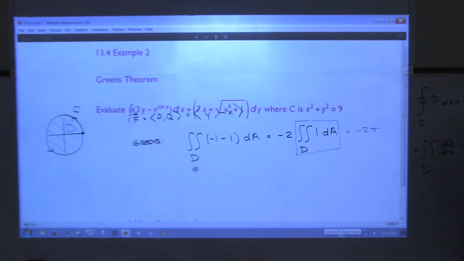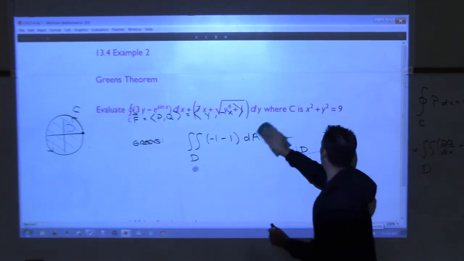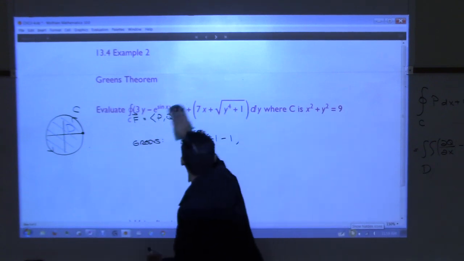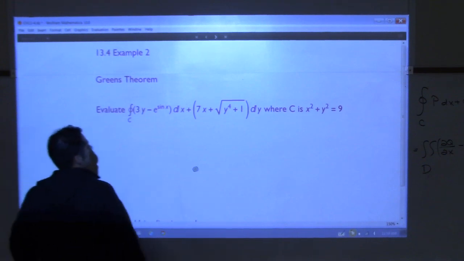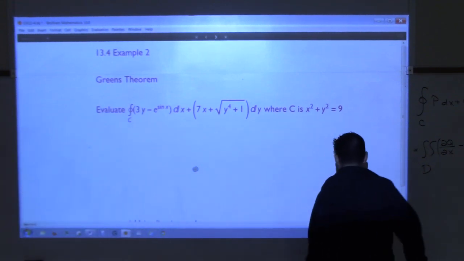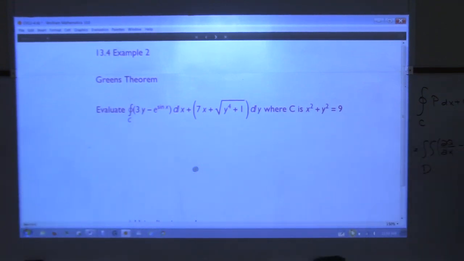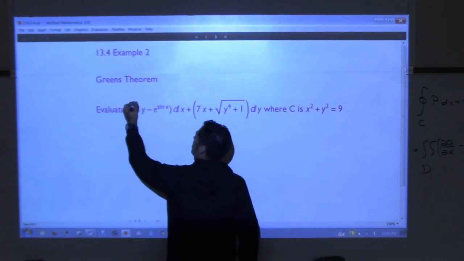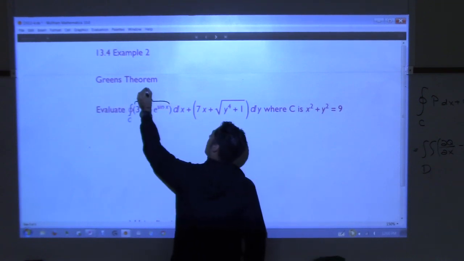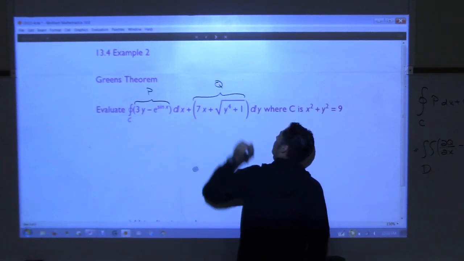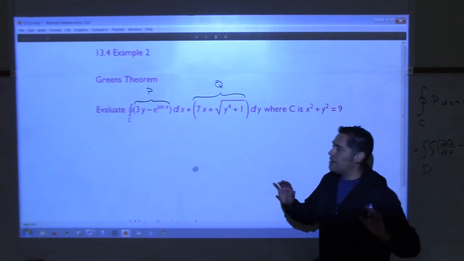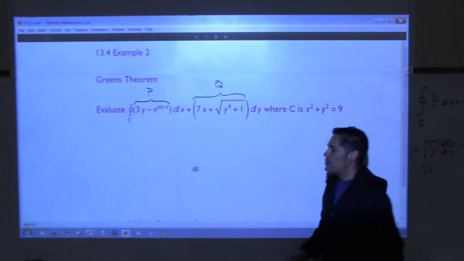All right. Ooh, wow. Look at this one. Now this one is to make us truly appreciate Green's theorem. If that one didn't, this one will. All right. Let's identify P and Q. This is P, right? And this piece right here is Q. So if I did not know Green's theorem, then right now what I would need to